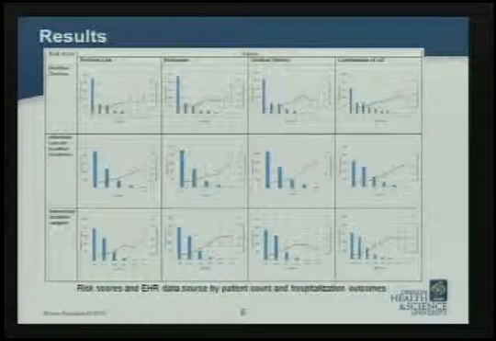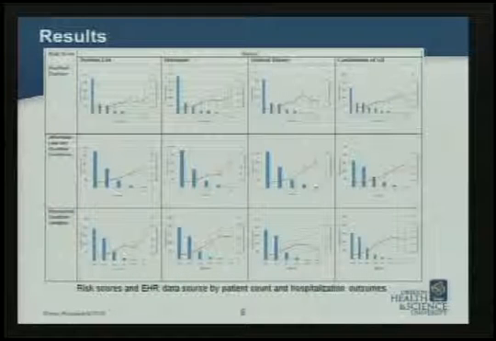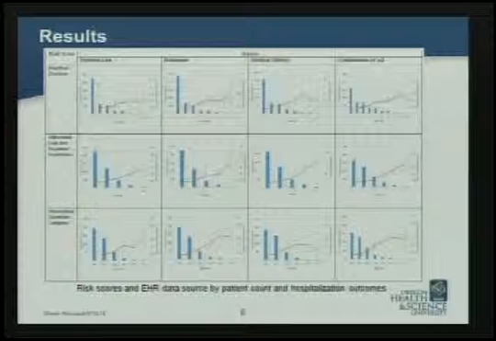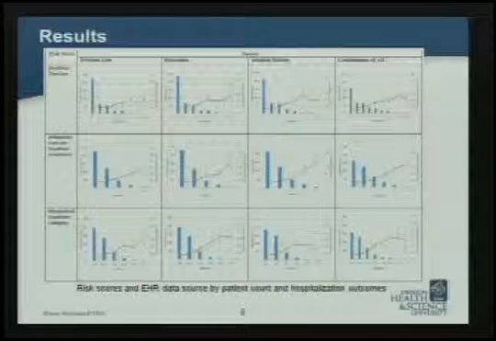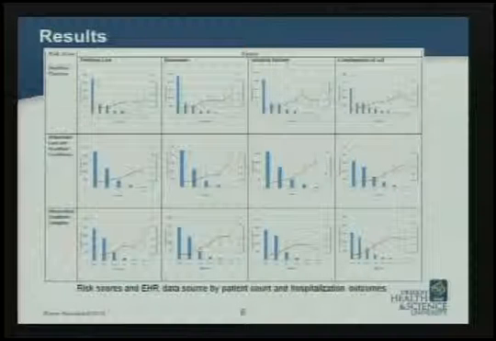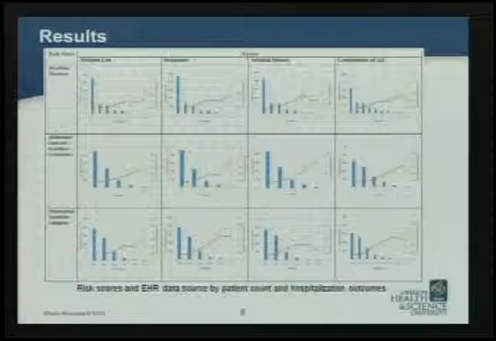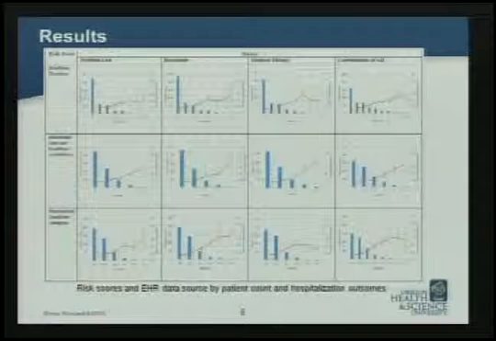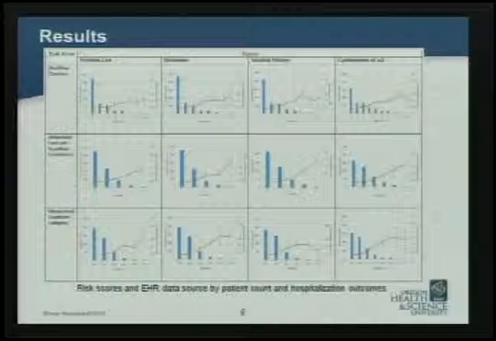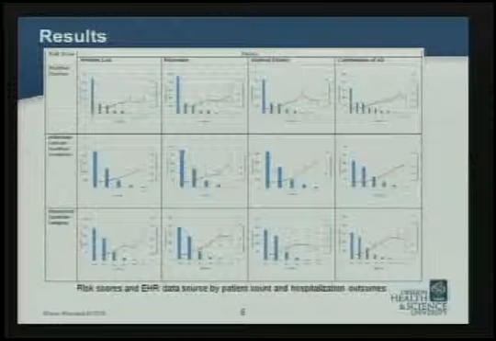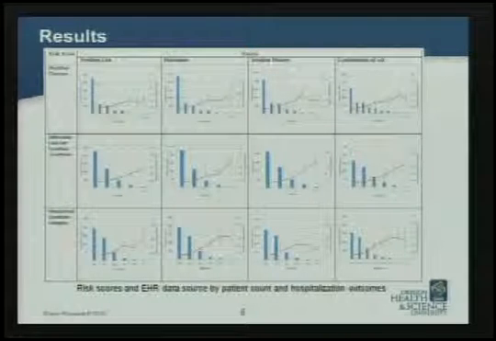As you can see here, there are error bars for each of the different points along the line graph, and these represent the 95% confidence interval for the standard error of the mean. Also, one issue that I was having in terms of creating these graphs, as I mentioned before, a majority of the patients will be in the lower risk score ranges, so when you got into the higher risk scores, there would be examples where a certain risk score would only yield 3 patients, and if there were any outliers in that sample set of 3, it would drastically affect the general trend of the line. So I chose the number of 30 as the smallest sample size that any risk score could have. With a larger sample size, it was a better generalization of the trend line.